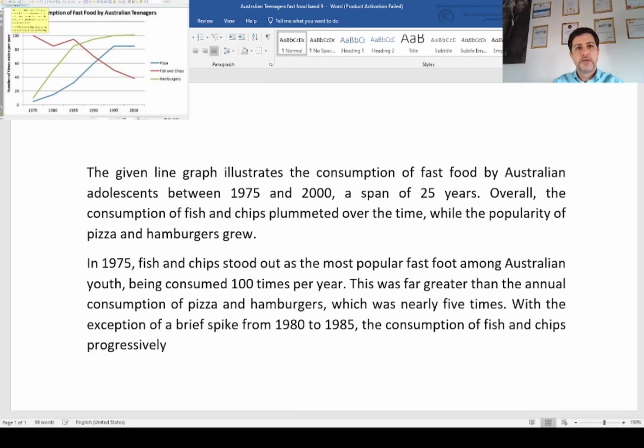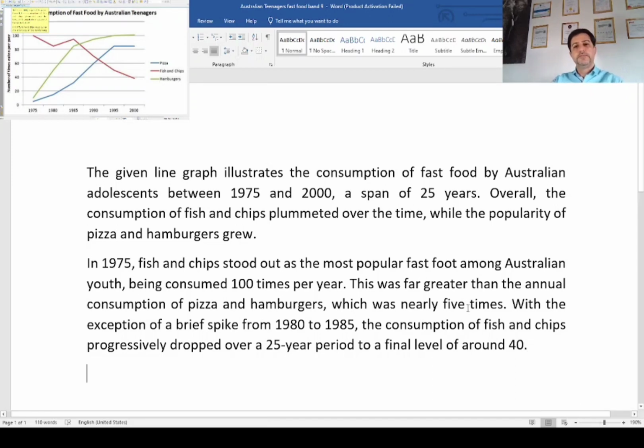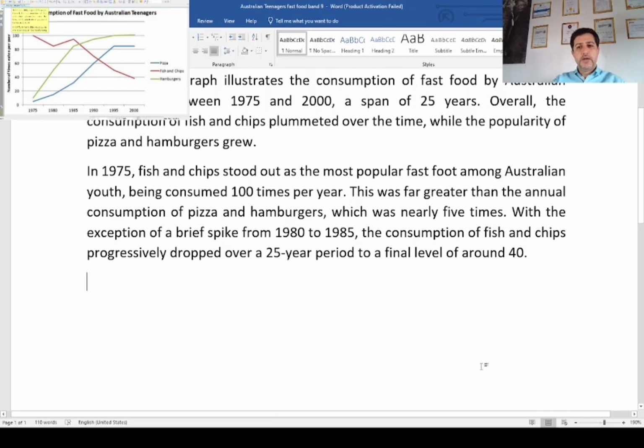progressively dropped over a 25-year period to a final level of around 40. Done. Okay, see? And now I can move to the next paragraph, which is about the other 2 types of